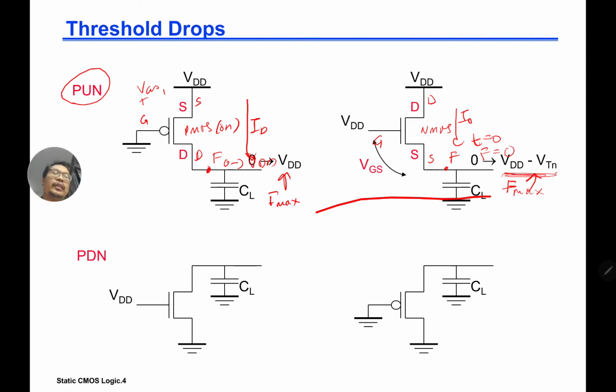Similarly here in a pull down. For pull down we use an NMOS. So we have an NMOS here, and if you put VDD here, this is your drain, this is your source. Your VGS is positive, greater than VT, so it's on, and it's going to discharge node F. It's going to discharge from VDD to 0, pulling down all the way to 0, whereas on this side, if you use a PMOS,